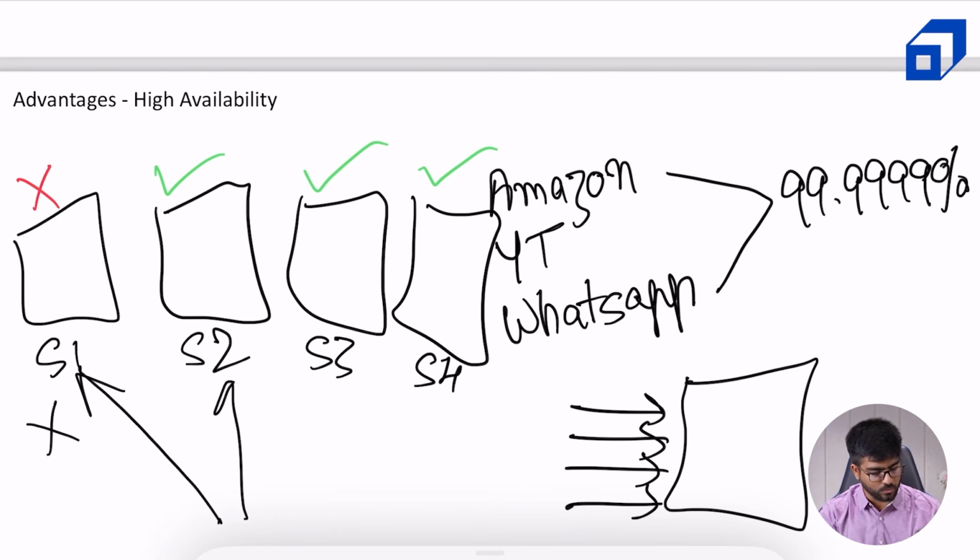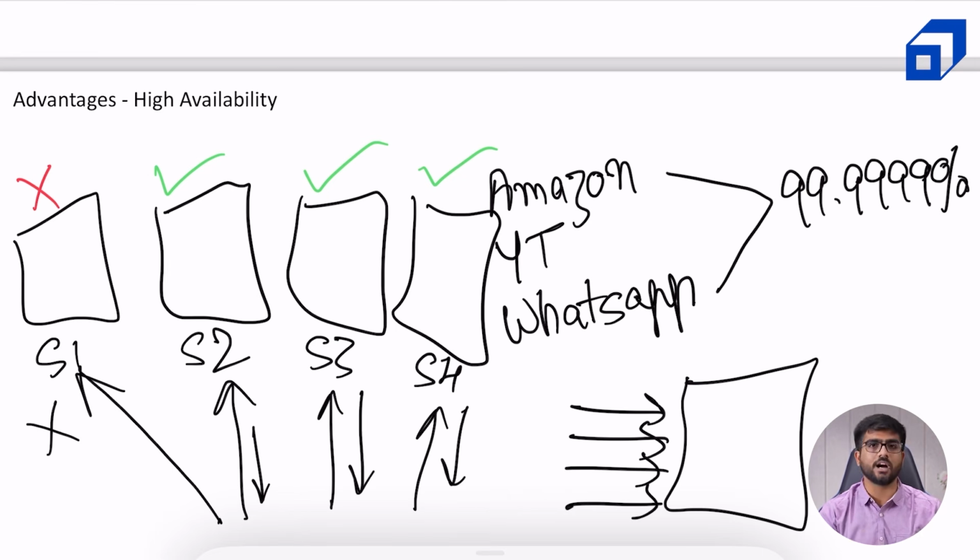I will send my request to shard 2, it will return me all the emails, and same for shard 3 and shard 4. Now, even though shard 1 is down, we are able to get the email IDs from the other shards and are able to send the newsletters to a few people. Obviously, 100% accuracy of the data won't be there since the server is down,